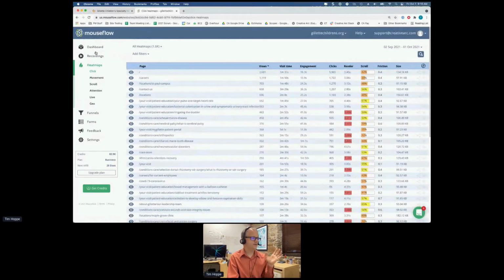Another key feature is heat maps. These are all on-the-fly data, reviewed using the results of machine learning and some on-the-fly data manipulation. Heat mapping is the one that I'm going to focus on. They also have funnels and forms, which I'll go through a little bit later, but I'll give you an example. A homepage has a 42% scroll rate generally across the board for all of these 2,600